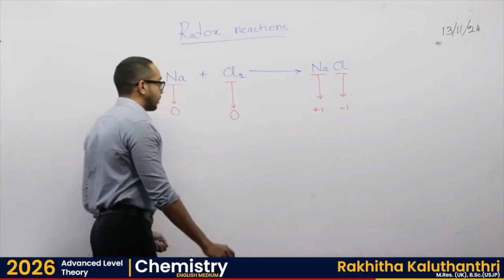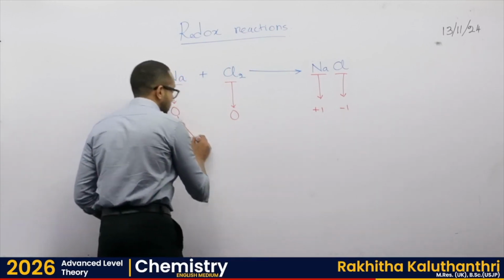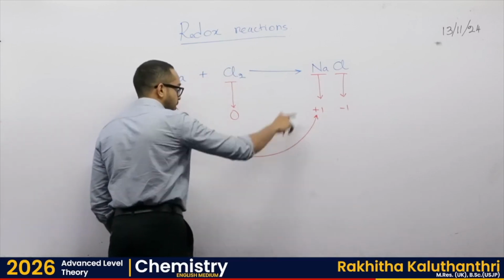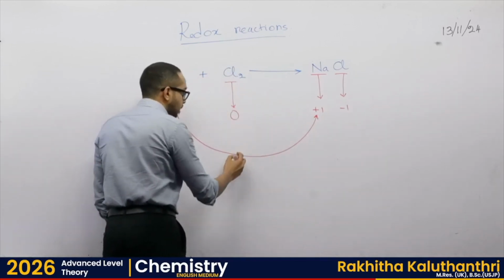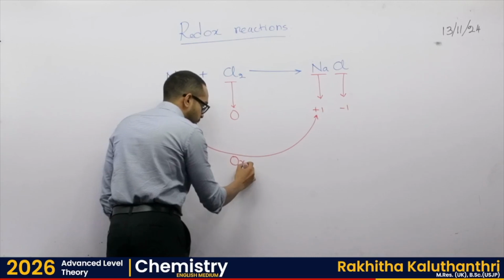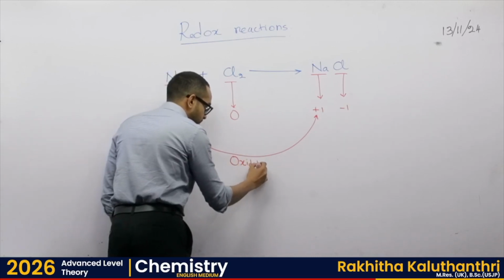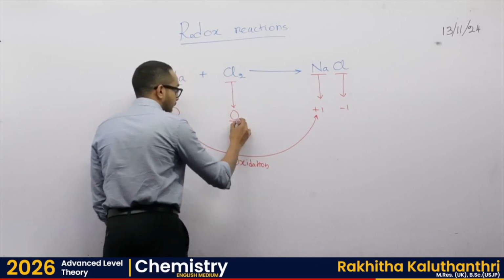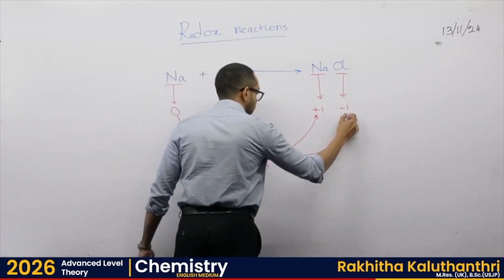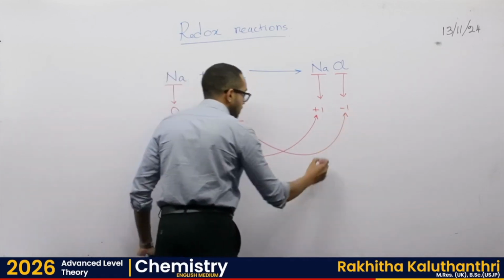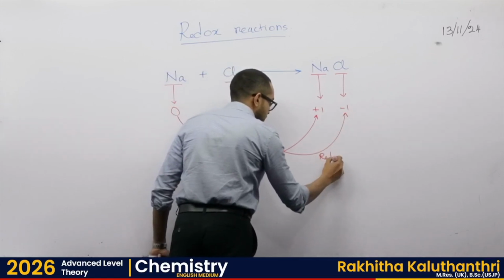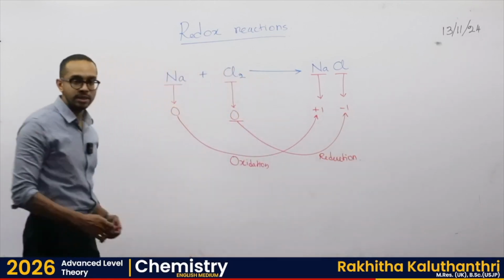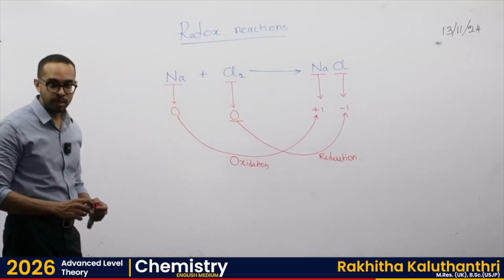Right? So what has happened here? Sodium has increased in oxidation number, 0 to plus 1. Increase in oxidation number is referred to as oxidation, while chlorine has decreased in oxidation number. This is referred to as a reduction. Okay? So,